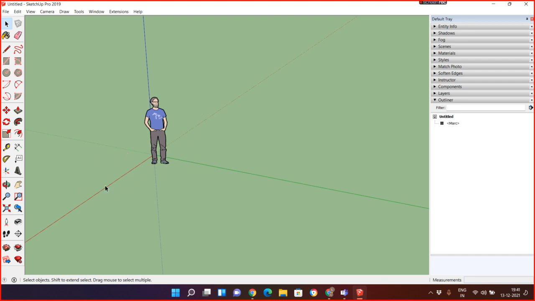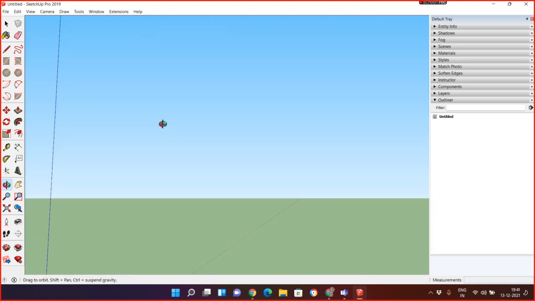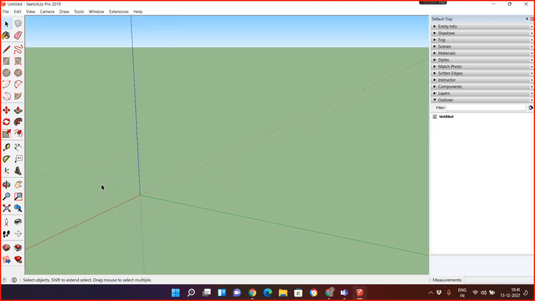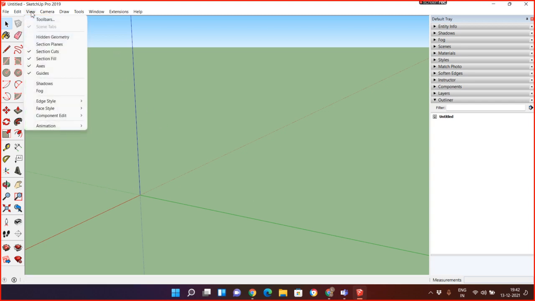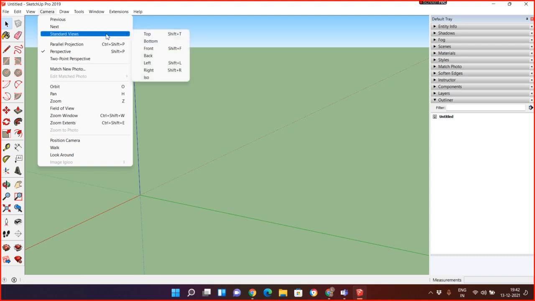Now I delete this one, and we have a selection option. Click, drag, and delete. Now the entire screen is blank. If you are working with any 3D geometry software, you need to know how to define the view, because in 3ds Max we have a number of views, in Rhino we have a view system, and in Maya we have a view system, but over here it's just a single screen. So I want to segregate the single screen into orthographic views. What do I have to do? We have a good option. Just go to camera, standard, and you can define the view.